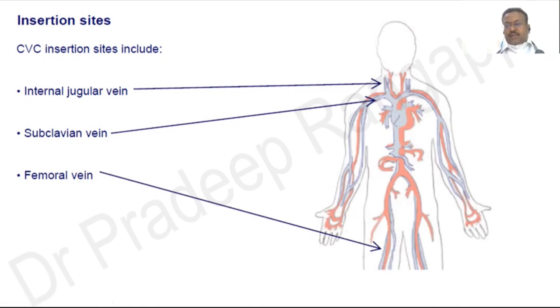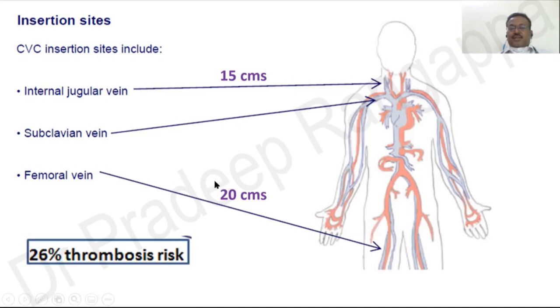But we have put subclavian in certain situations where IJVs are blocked and then femoral access may be difficult, or maybe femoral veins also are blocked in certain cases. So very rarely we would use subclavian as well for the dialysis catheter. For the internal jugular vein, the length of the catheter commonly used is 15 centimeters. For the femoral vein, the longer ones are generally used. But most of the time, practically, it will be the same catheter that is used for internal jugular and femoral vein. So in any of the veins, we put a dialysis catheter.